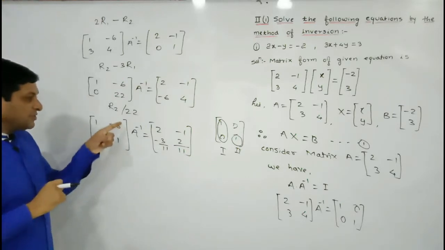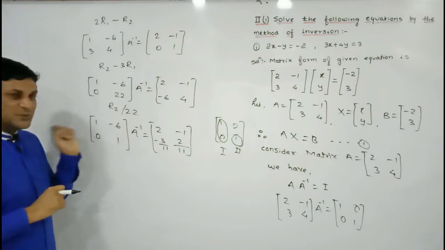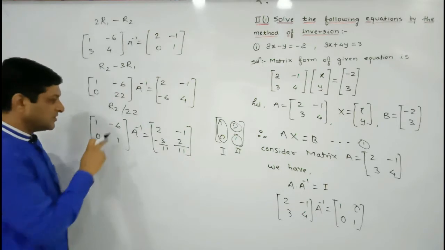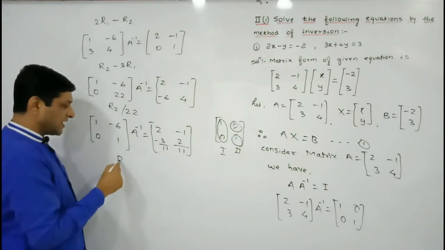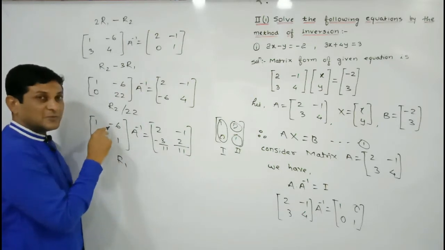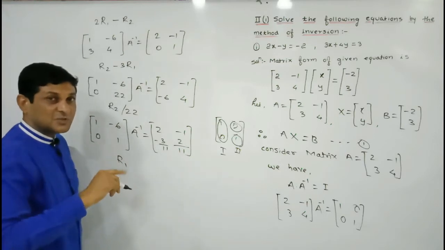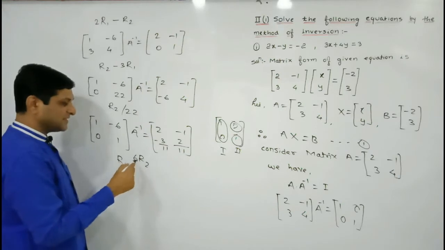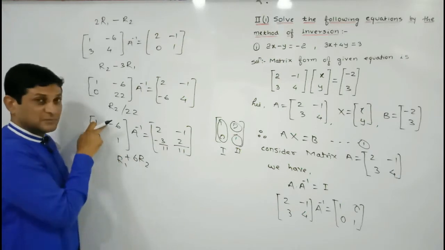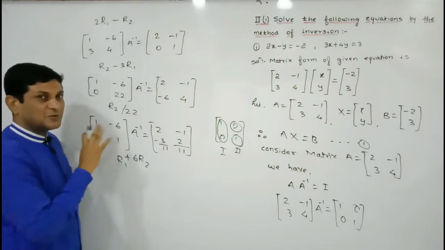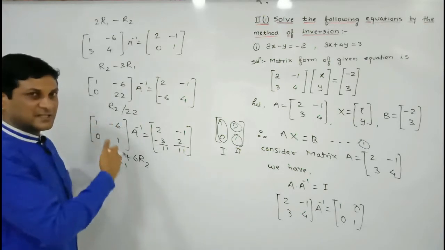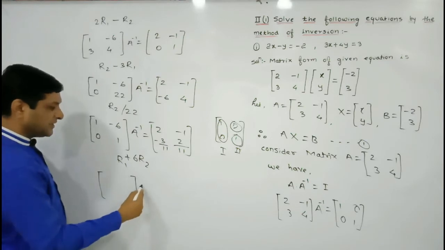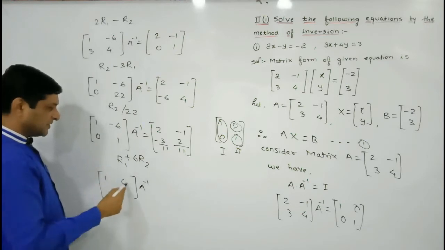Now our aim is to convert this element into 0. To get 0 here, our operation is on R1. What is the element of R1 here? Minus 6. In minus 6, we have to add 6. So to get 6 here, I am multiplying R2 by 6 and simply we have to take addition, because this number is negative. In this negative number, we have to add a positive number. So minus 6 plus 6 will become 0.